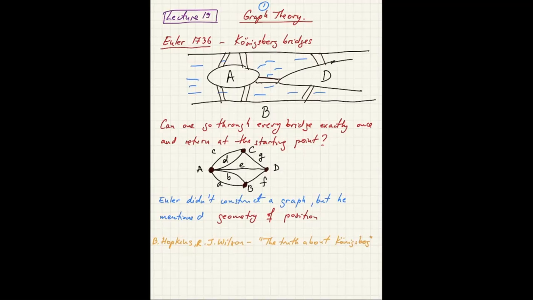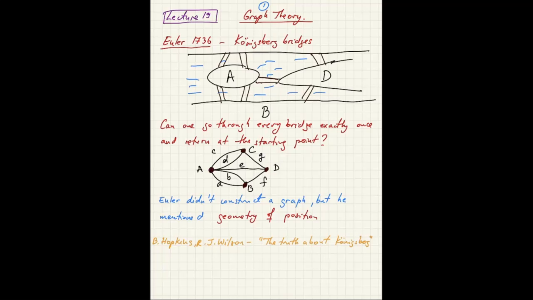The challenge is like one of those puzzles that sometimes you give your friends: start at one of these dots and go through every connection, every segment or curve coming out of that dot, exactly once and return to where you started. What Euler observed was that if such a route was possible, then that would mean that